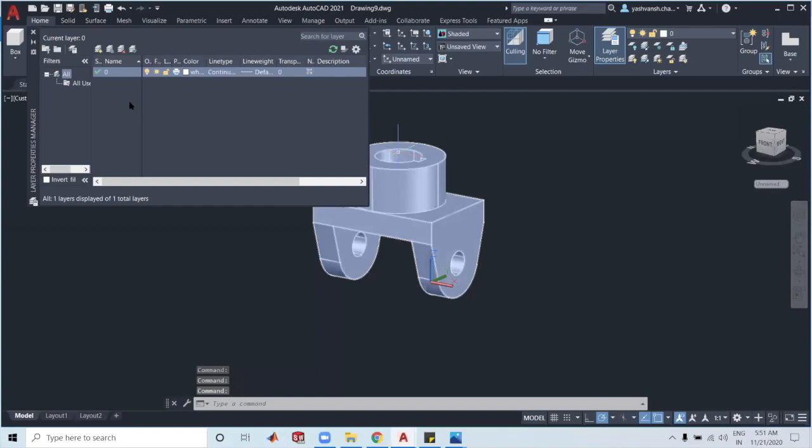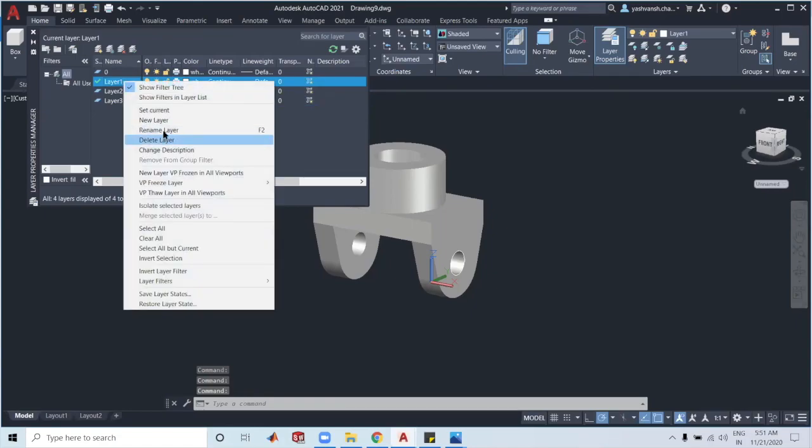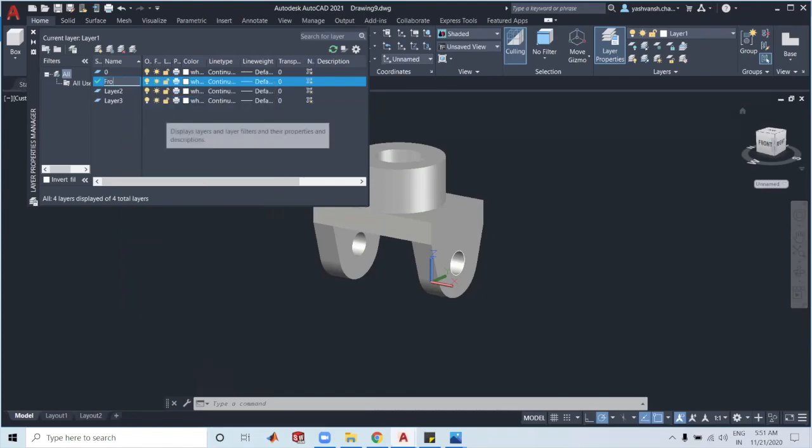So this has been made in layer 0. So I think we need 1, 2, and 3 layers. To rename a layer, simply select it, right click the mouse button, and select Rename the layer. We will name it front